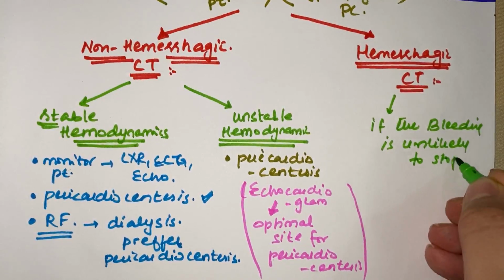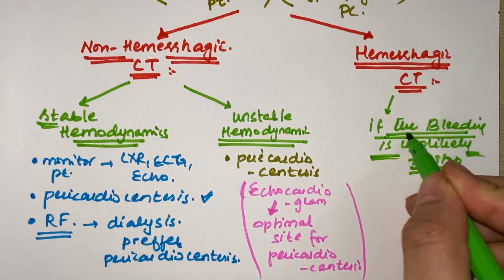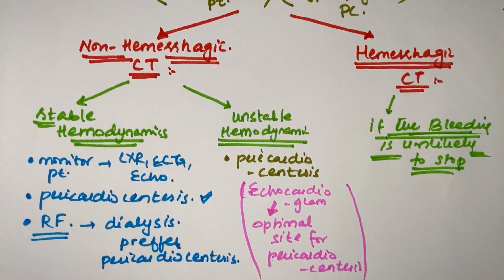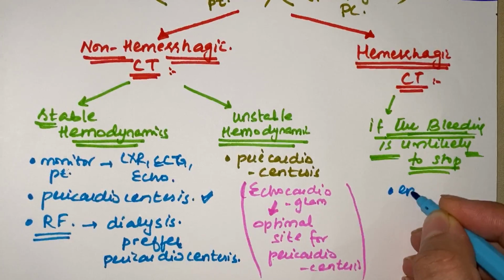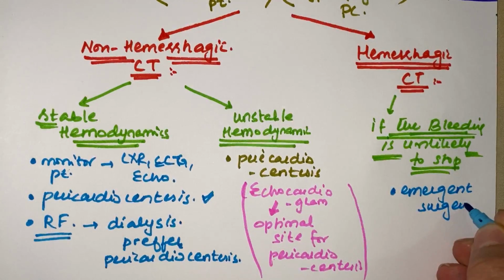So of course in this case, now very important, listen carefully: if the bleeding is not stopping, then we won't prefer pericardiocentesis. Very important point, that we won't prefer pericardiocentesis here. In this condition we will prefer emergency surgery, like emergent surgery will be performed,